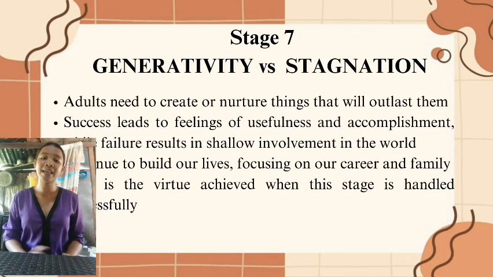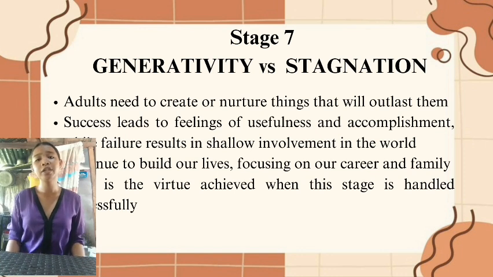So stage 7, generativity versus stagnation. Adults need to create or nurture things that will outlast them, often by having children or creating a positive change that benefits other people. Success leads to a feeling of usefulness and accomplishment, while failure results in shallow involvement in